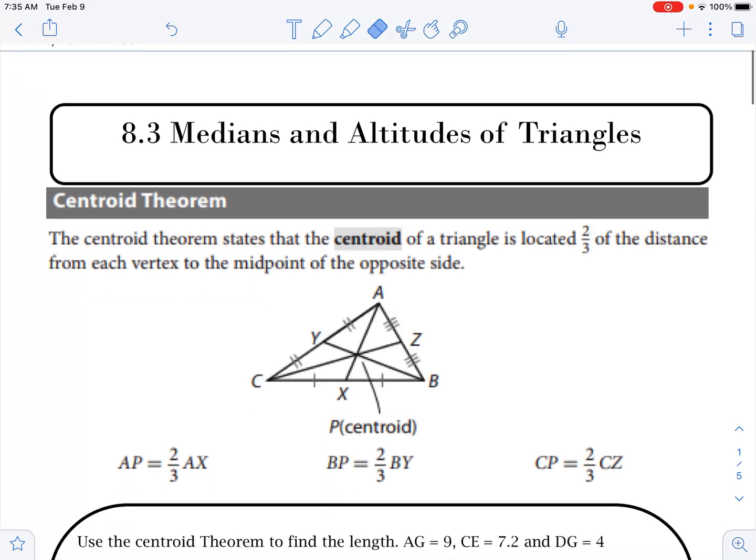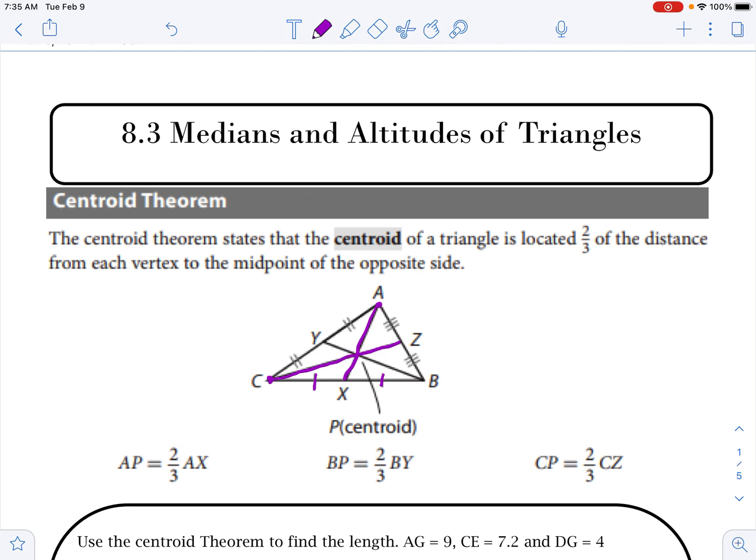Hello, today we're going to go over 8.3 and we're just going to look at the medians of the triangle. So, median. A median goes from the vertex of one side to the opposite side in a way that it splits the side into two equal parts. So when we look at this, we'd say A to X is a median,